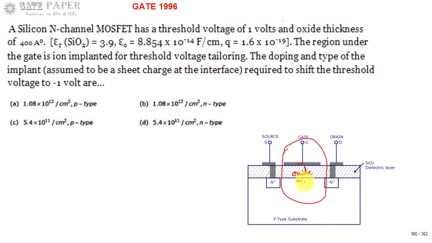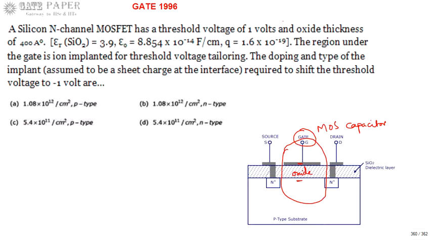So it looks like two parallel plates with a dielectric medium in between. So this acts as a MOS capacitor. The minimum voltage to be applied at the gate such that a channel is formed between drain and source, so that a drain current flows whenever a voltage VDS is applied,